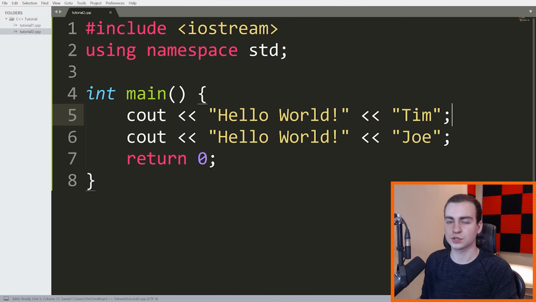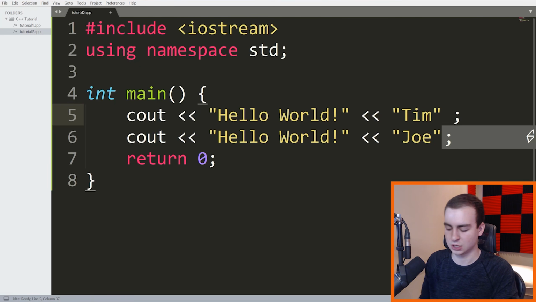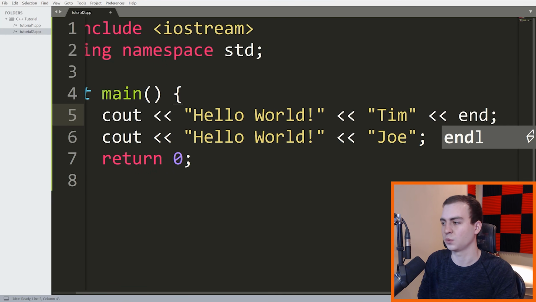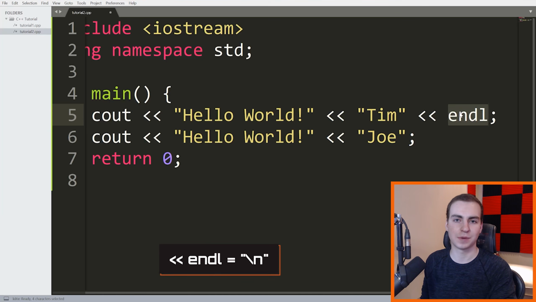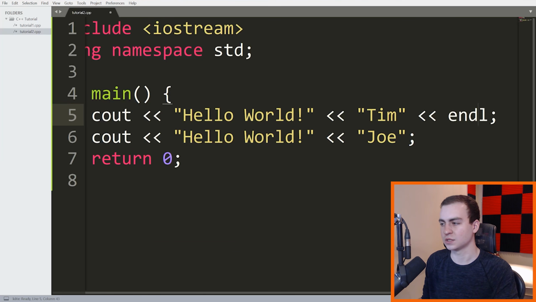Now it turns out that there's another way to do this, a little bit cleaner, that doesn't require us to use a \n. I might mess this up because I forget exactly what it is, but I believe it's called endl. Endl is just a nicer, cleaner way to read something. So I'm going to add this endl to my stream, inserting it after Tim. What this does is tell cout to go to the next line. Endl is really just an escape character. It's really \n, just hiding that it's \n, so that if you're reading this, it's easier to understand. This means go to the next line.